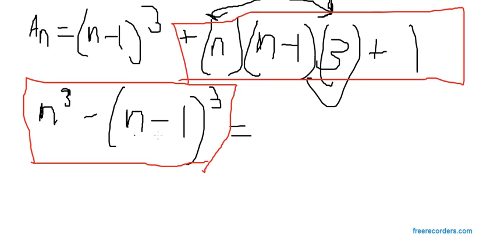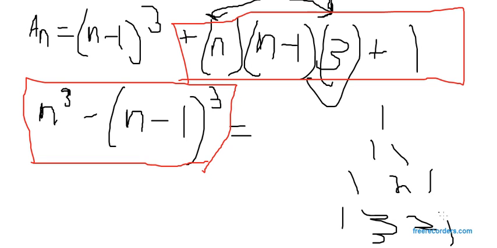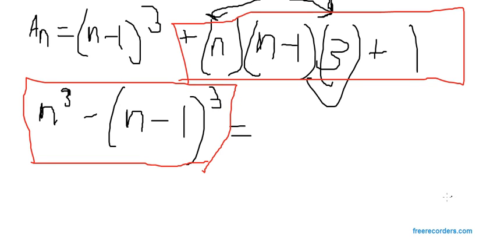Because this is not an easy one to do, because I'm cubing a binomial, and that's Pascal's triangle, you know, like the 1, 1, 1, 1, 2, 1, 1, 3, 3, 1, all that. So you can go through the whole process. If you know how to cube it properly with Pascal's triangle, n minus 1 cubed should give you n cubed. Let me make this neater. Neatness is hard. N cubed minus